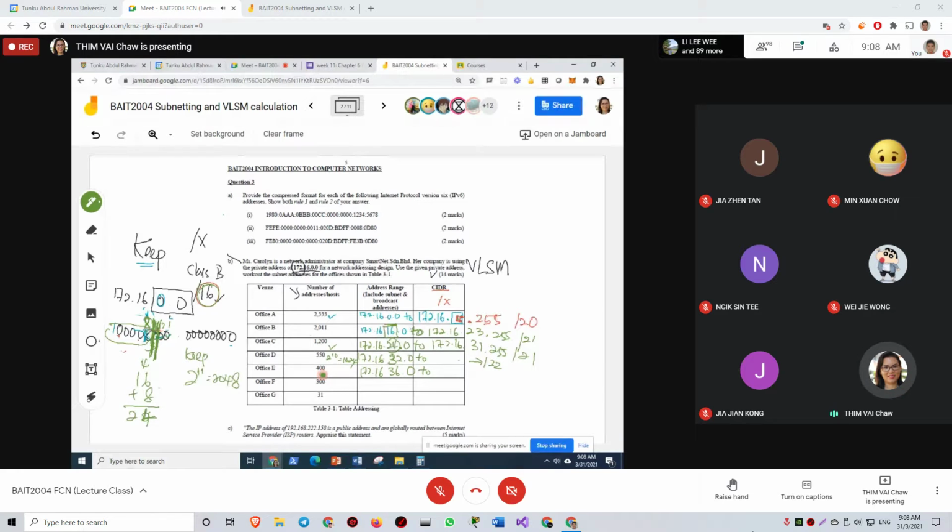So this one is 400. 400, I should keep 9 bits, okay, 9 bits. So 9 bits is over here. The number here is 9 bits. Maybe I change another value. So 2 power by